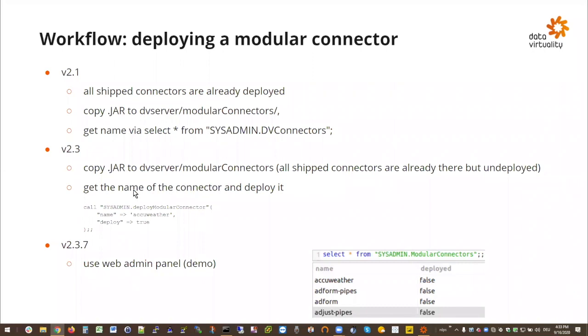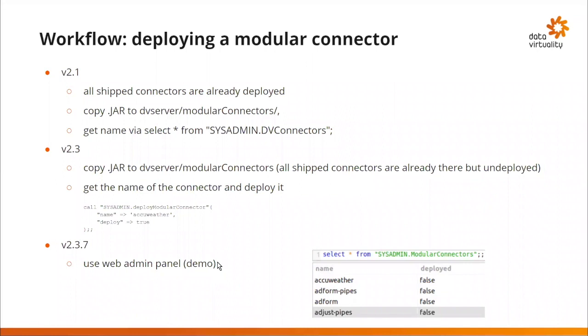And now finally, you can get the name of the connector and just deploy it. Getting the name is as easy as selecting from modular connectors. And then you can call the procedure, starting 2.3 in the beginning, deploy modular connector, that would actually install it and put it to DV server standalone deployments. And now, since the 2.37 version, we have a web admin panel for this,